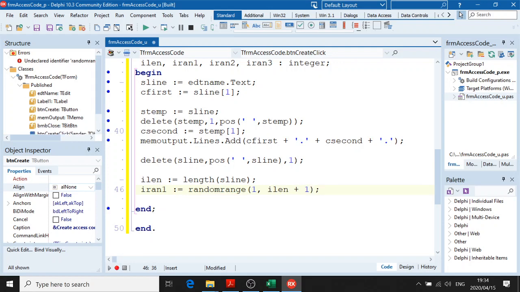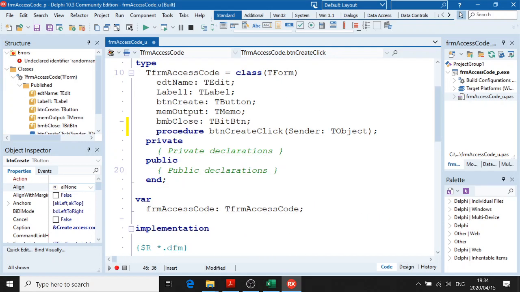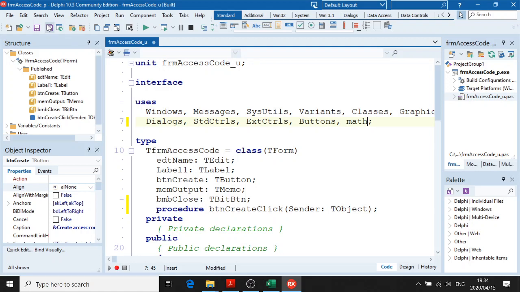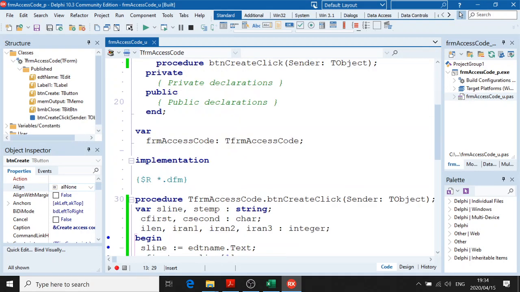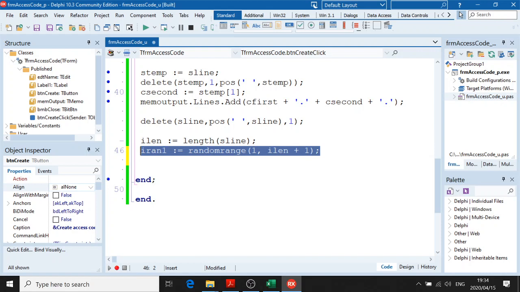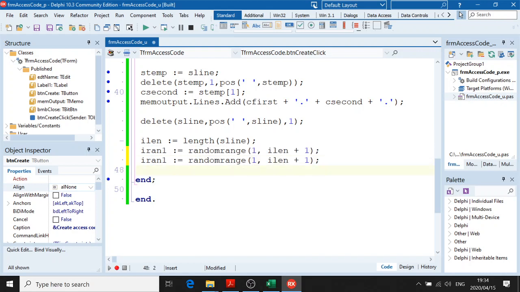That is what the random number is going to be, but we must go and put our math unit up here. Please remind me to go and save. Okay, I must remind myself to save, because you can't talk to me. File, save all, math. So now it's fine. I had to put math in the user section, so there I'm doing it. I'll copy and paste Rn2 and Rn3, 3 random numbers,